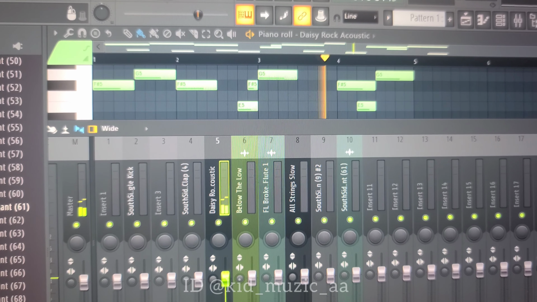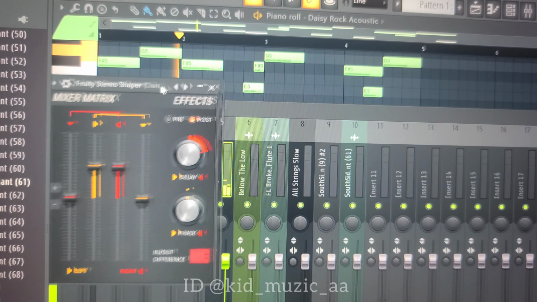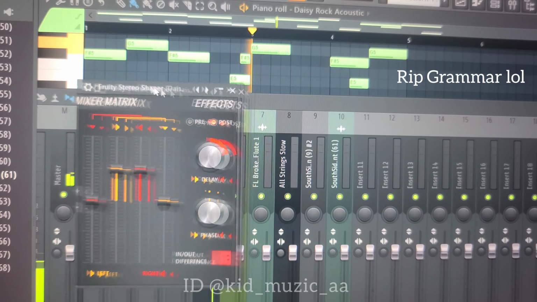Got the reverb, the delay, which is causing the echo, the stereo shaper that kind of gives it that playback quality. Well, not playback quality, but